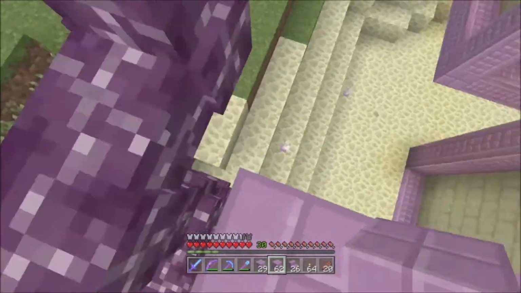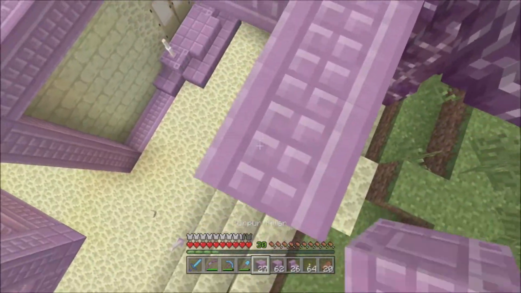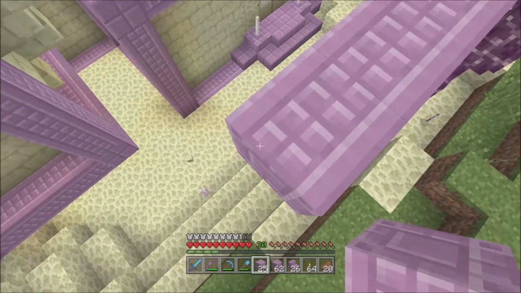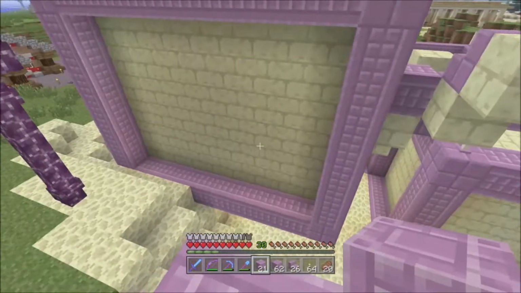And that didn't destroy the purple, or the chorus plant, luckily. I thought that might destroy it, because some plants, like the cactus, are kind of weird next to other blocks. Luckily, the chorus plant is not one of them. So we're just going to keep building this way, and I think...